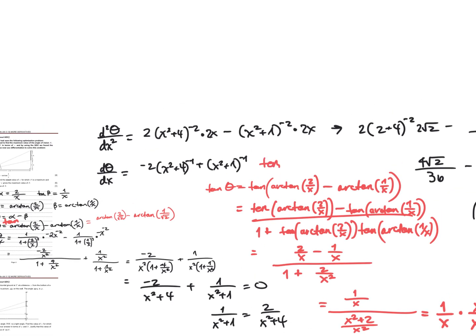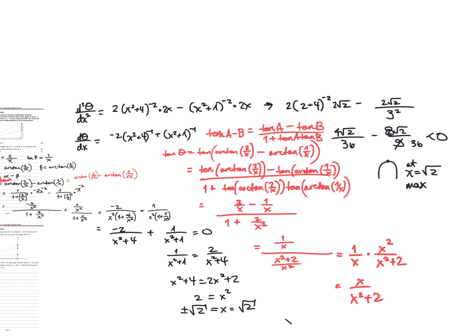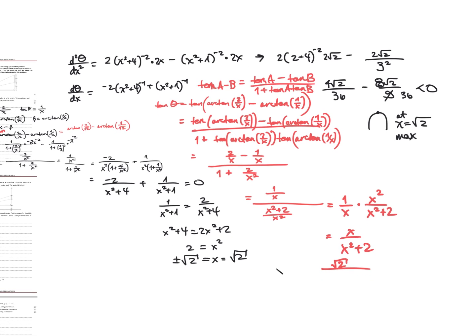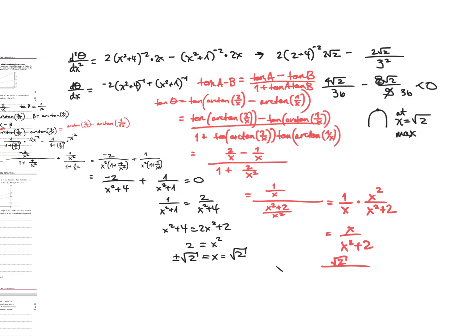So we're using tan A plus B, well, it's minus B, equals tan A minus tan B over 1 plus tan A tan B. So I filled all this out, and you can take a look at that to see how they get x over x squared plus 2. So when we put in square root 2 as x,